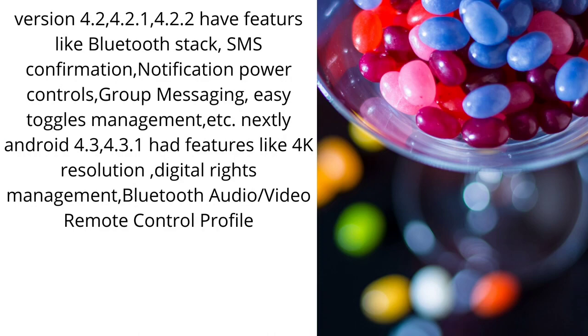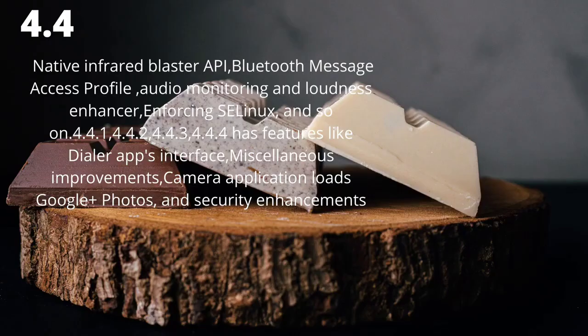In October 2013, Android 4.4 KitKat was released. This has features like native infrared blaster API, Bluetooth message access profile, audio monitoring and loudness enhancer, enforcing SELinux, and so on. 4.4.1, 4.4.2, 4.4.3 and 4.4.4 have features like dialer app interface, miscellaneous improvements, camera application loads Google Plus Photos,